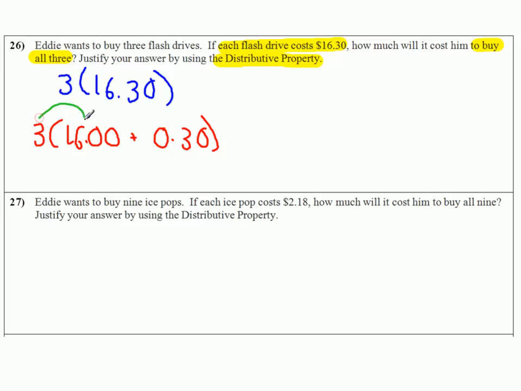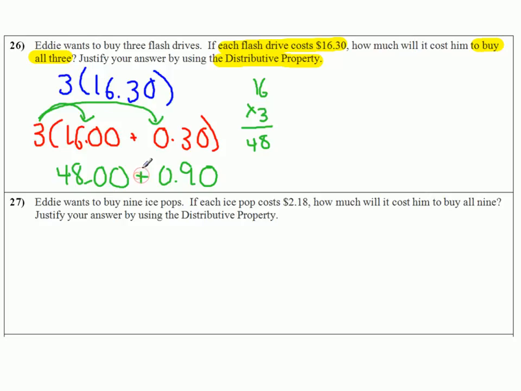Now I'm going to distribute, which is what they're asking me to do, using the distributive property. Now 3 times 16 I might have to do on the side, and that's okay. I actually did have to do it on the side. You get 48. So this part of my problem will be $48. 3 times 30 is a little bit less complicated because 3 times 3 is just 9. So 30 cents times 3 is just going to be 90 cents. And when I distribute, I always keep the same sign unless my multiplication makes it negative. So my final cost for this, without doing too much complicated math, is